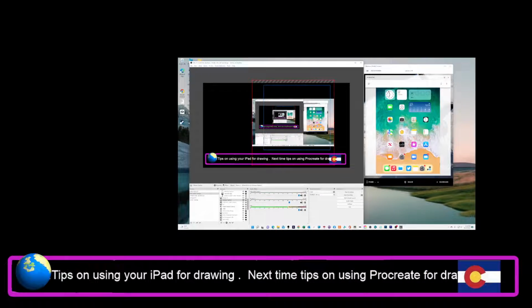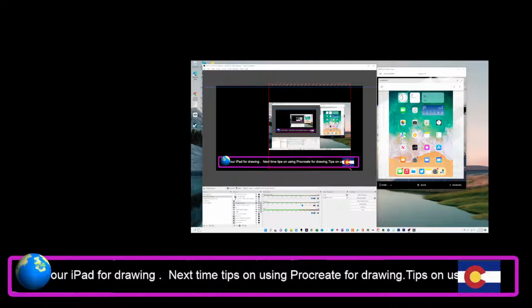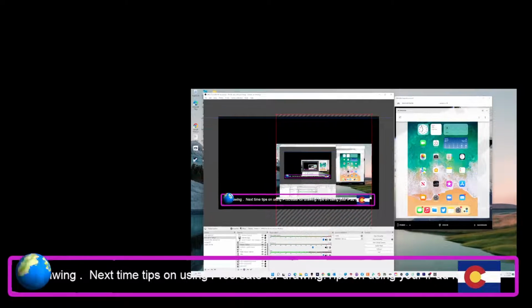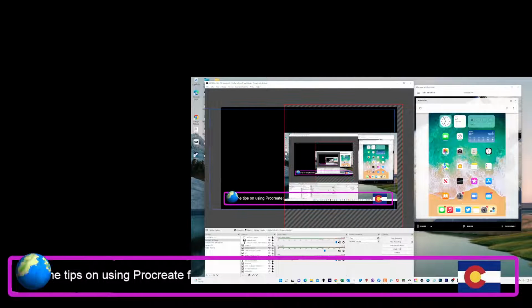And I think, you know, that's the screen that you can see. That's the iPad screen. And for some reason I turned on this. I'm trying to figure out how to turn it off, so